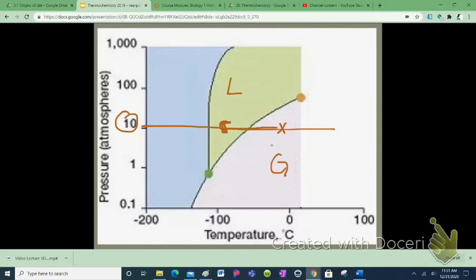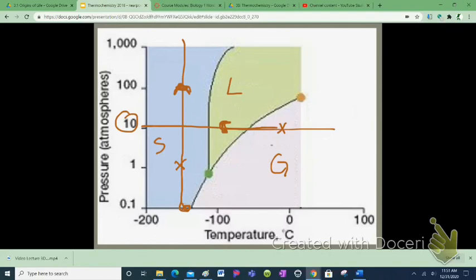What if I start at a negative 150 for my temperature, and I change my pressure from 1 atmosphere to 100 atmospheres? What's going to happen? It's still going to stay as a solid because it stays in the blue, which is a solid area. Okay? And what if